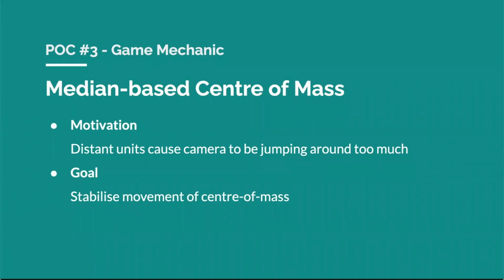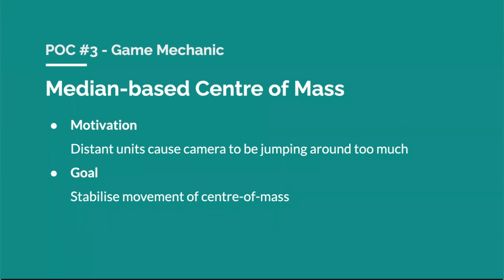And for the last proof of concept, it's related to the core game mechanic. This is probably one of the most complex POCs that I've done for the game, because to visualize it itself, it's fairly complex. So I'll try my best to explain it while we are in the proof of concept itself later on. But essentially, some players reported that the camera jumps abruptly, especially when the player kills some other units and consequently acquires new units. So you have some units here, and then you kill some other units far away, and then those units become yours, and then the camera jumps. I'll show you why it happens later on. But this caused a lot of disorientation. Some players reported being disoriented playing the game because of this, which was not good.